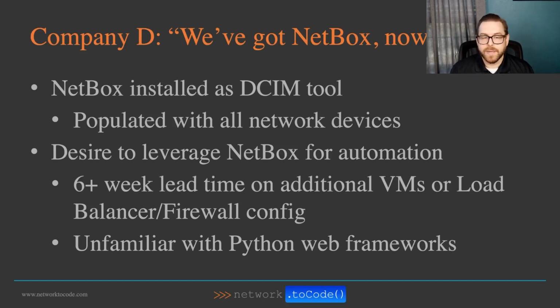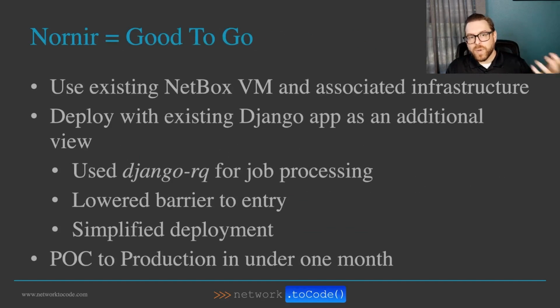Automate it. One of the things they wanted to do quickly for testing was point a tool at Netbox, use it as the inventory source, and go out to the network. However, there's a 6-week lead time on getting additional VMs or load balancer infrastructure, and they weren't really a Python skilled shop yet. They were trying to upskill. So what they did was use the existing Netbox VM and associated infrastructure, and they deployed on that Django app a plugin to actually use Nornir, which uses Django RQ to queue up jobs, and go out and run those